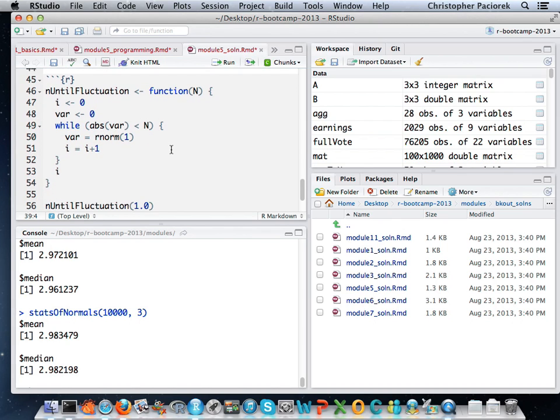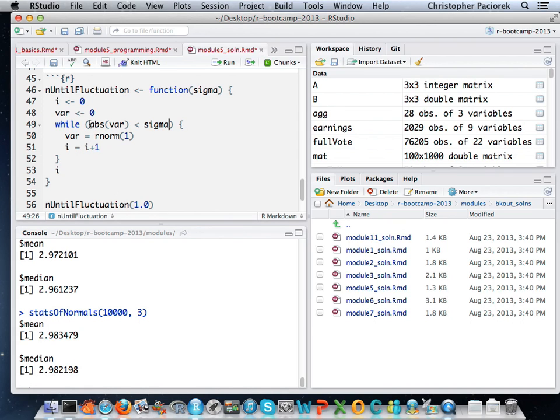But I'm going to define it anyway, and call it n until fluctuation. Here, what n is representing is the standard deviation threshold above which we want to generate a random normal. We're going to use a while loop to do this.